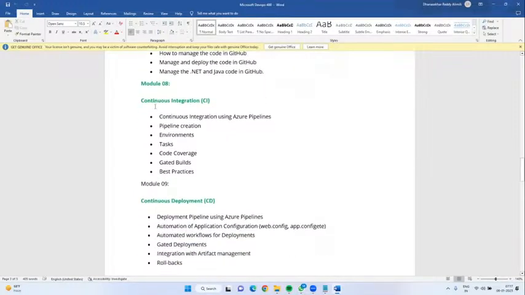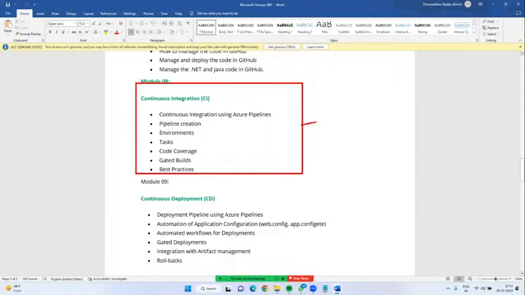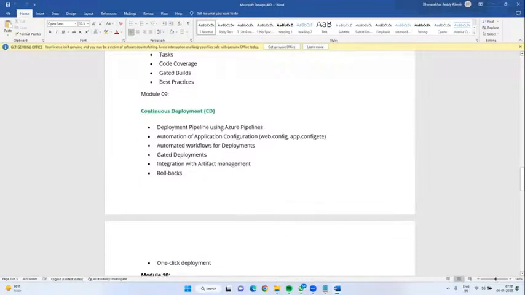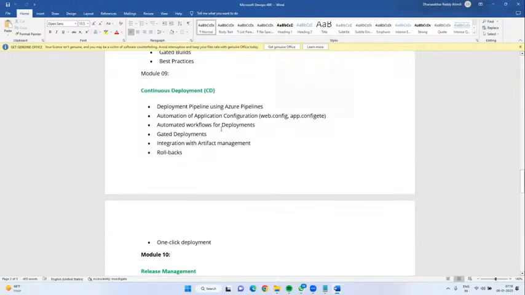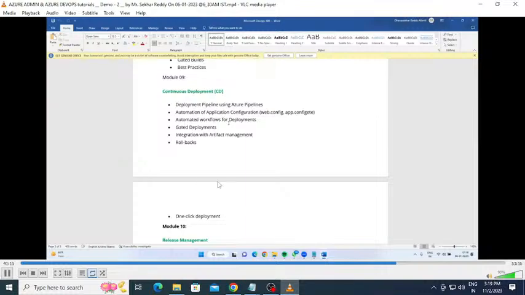Module 8, CI. CI in the sense of continuous integration. This we will call the build pipeline. Please remember, these are all important words which we will discuss in the DevOps sessions. Build pipeline. Okay, next, continuous deployment. This is the release pipeline. So in the release pipeline, assume that you are the manager. Before deploying the application into production,